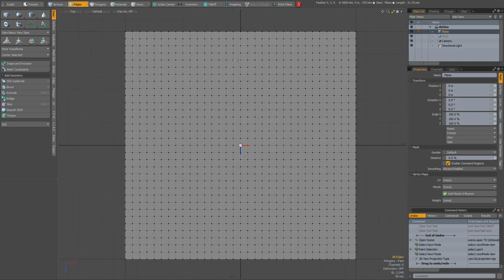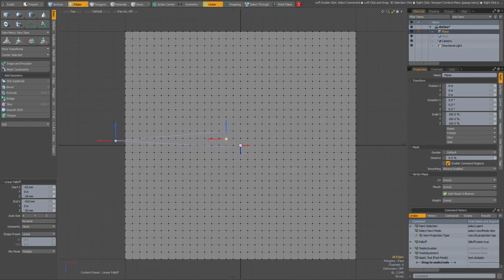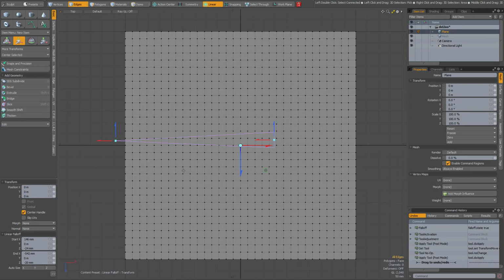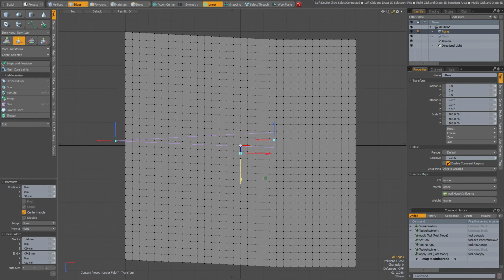Tip about reactivating a falloff. So I have a subdivided plane in my scene. I'm going to go to falloff, linear, and left click and drag in my viewport to drag out a linear falloff. Press the W key to make the move tool active, and now I can move my geometry with a